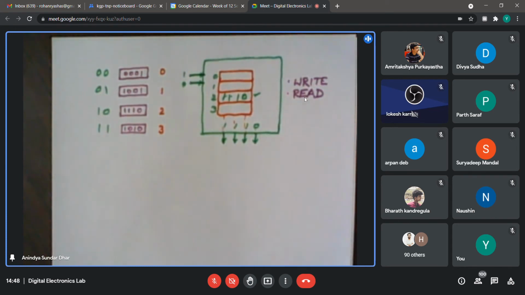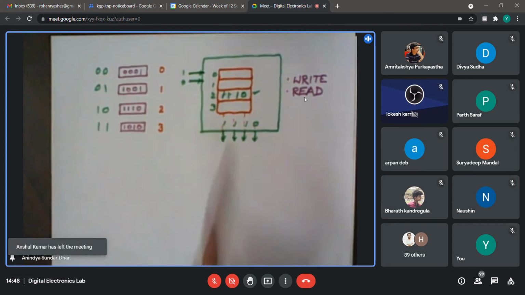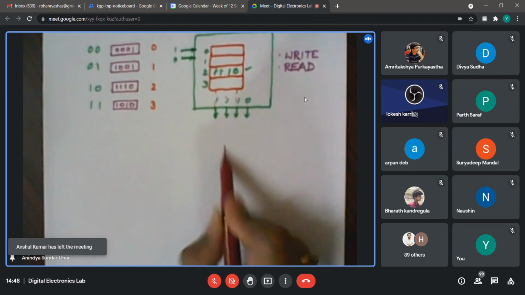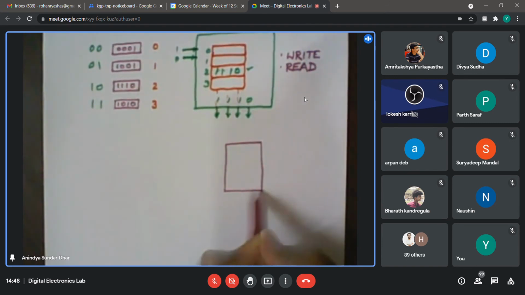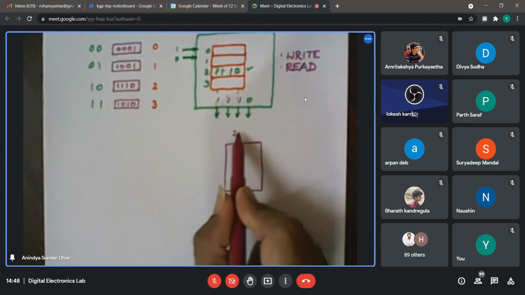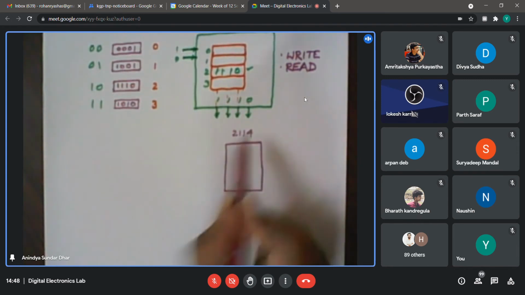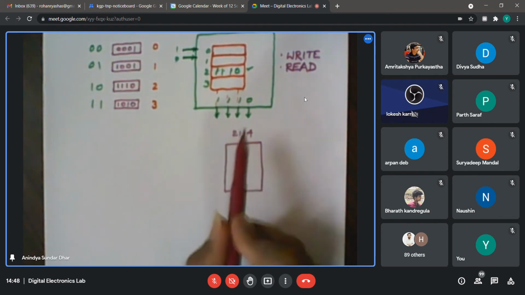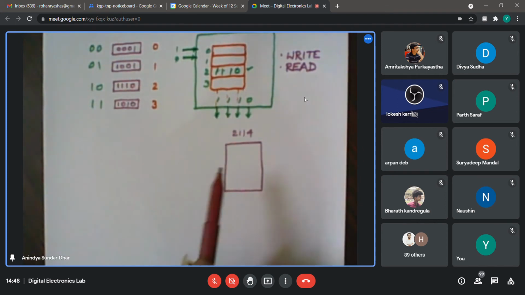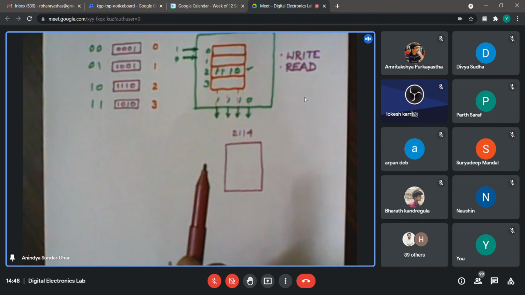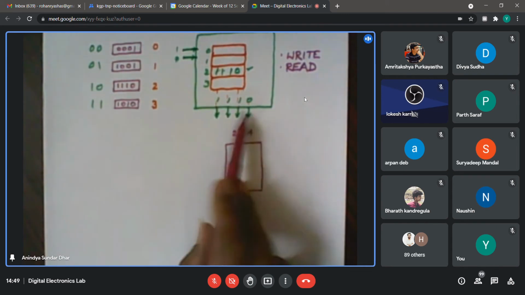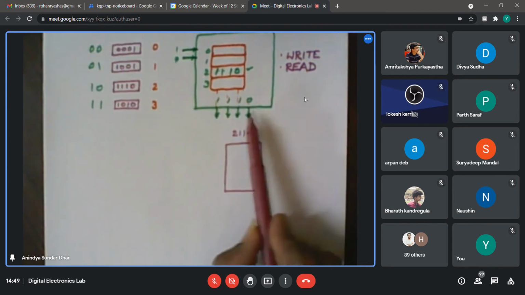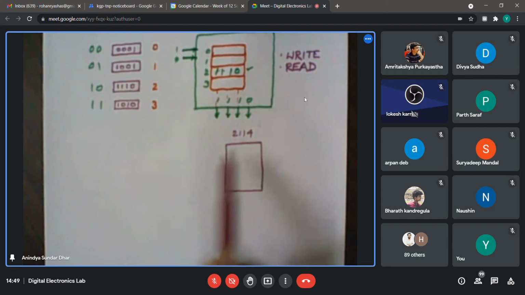If you are comfortable up to that point, then I can extend this to the particular chip we are supposed to use in the lab. There are other chips also, but this is a small chip. In the lab we prefer the 2114, which is not a 74 series chip. We have another chip in the simulator, but that has only a 1-bit wide output, which will not be helpful for our experiment. We need to put 4 of them together to get a 4-bit output. So anyway, in the 2114,